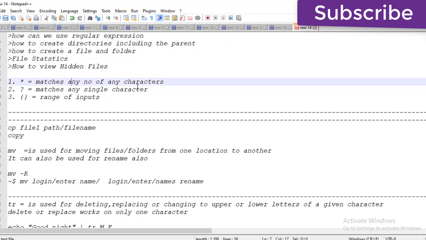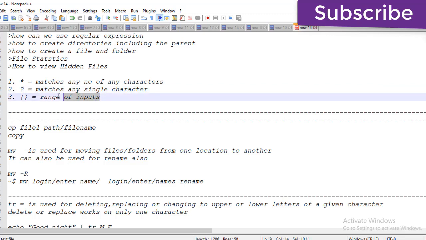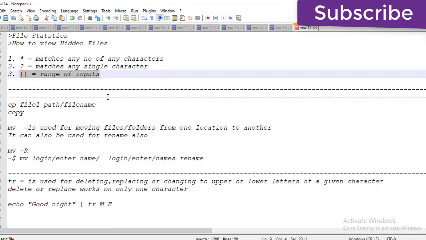Coming to character expressions, here we use the star to match any characters. For example, for directories or files named with an a, we can filter using the star and a, and these are matches. If you want to match any single character, like opening any directory, we can use the question mark. And there is a range expression, from here to there. For example, if I want to delete 90 files, I can use this range expression and I am able to delete them.